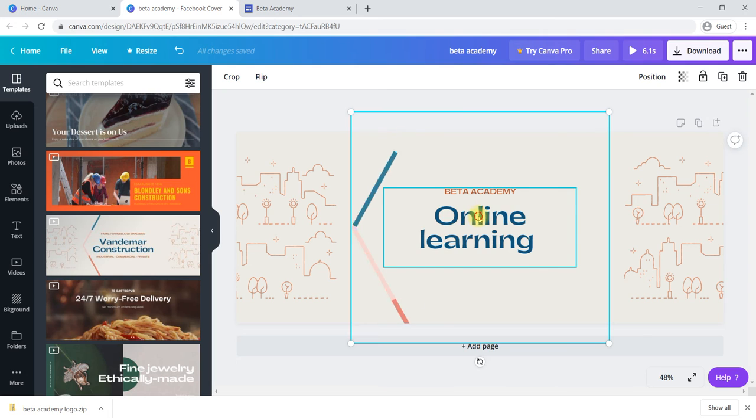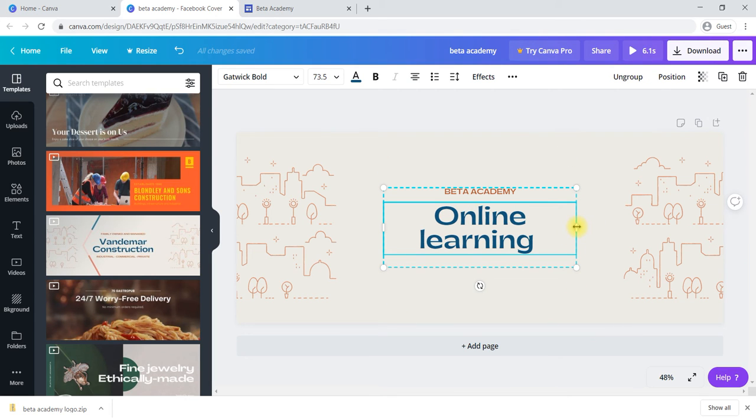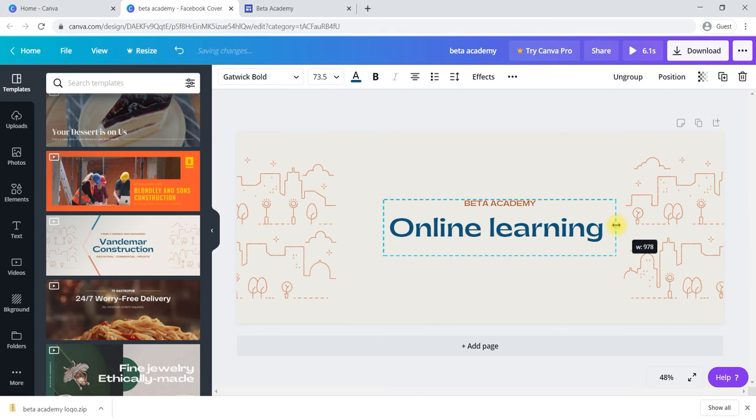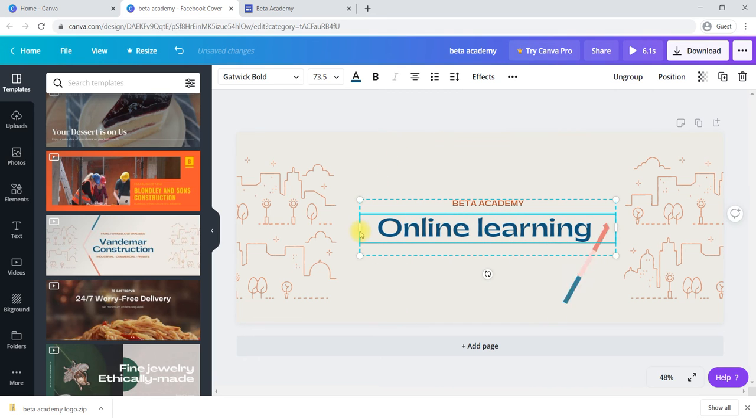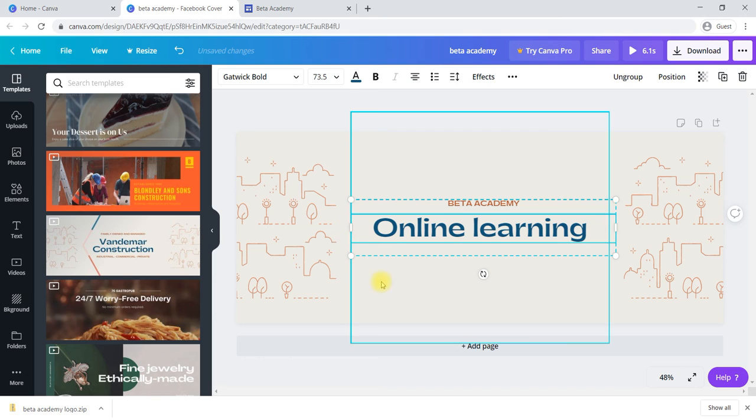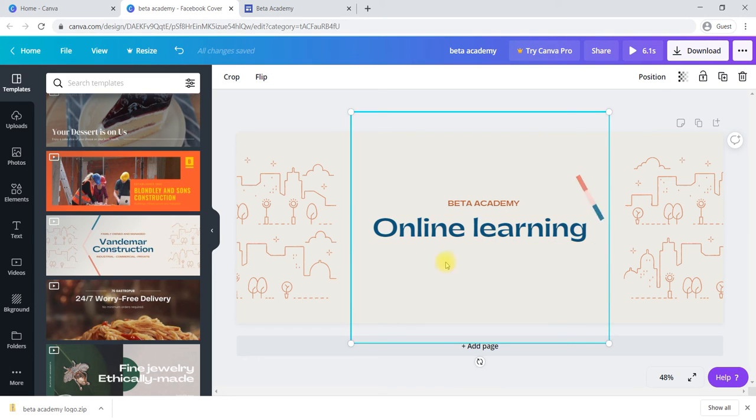For example, if you would like to change this size, you can increase or decrease this size like this. You can place this animation wherever you like.